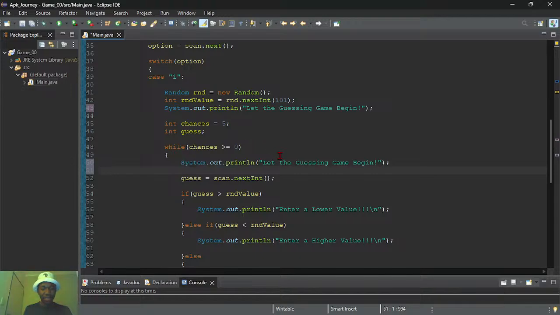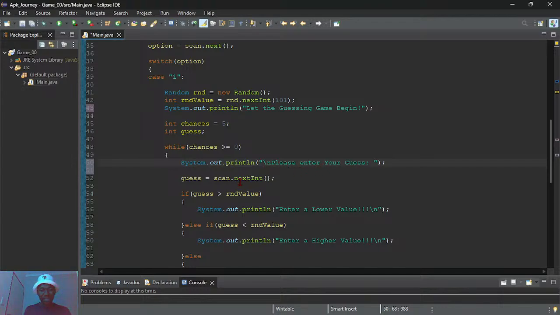I think here. Please enter your guess. Enter your guess doesn't make sense to say please enter your guess. Anyway, I don't care in this case.